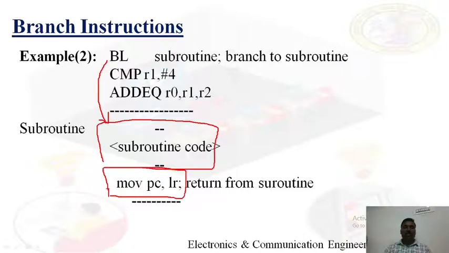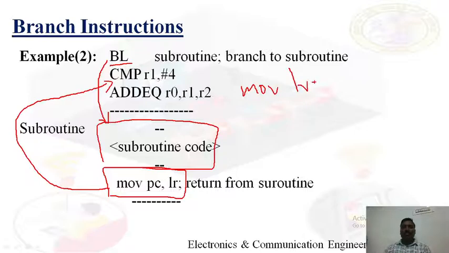So in order to return from this subroutine to this main program, remember, there is no direct return instruction. Always we have to use MOV PC, LR, because during the BL instruction, MOV LR, PC, it's nothing but the PC value is copied to LR before the branch. Okay, so this is branch with link. Usually branch with links are nothing but the call and return instructions in 8051 or 8086.